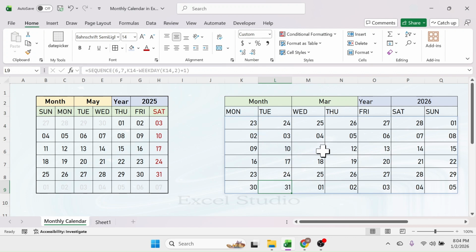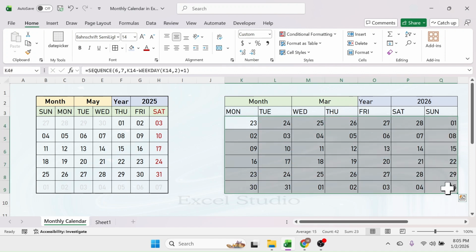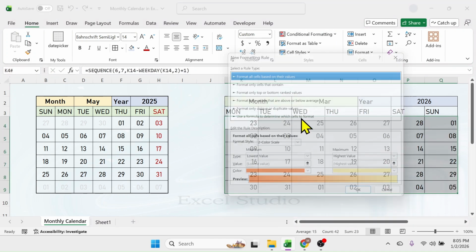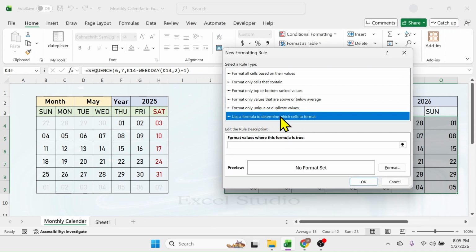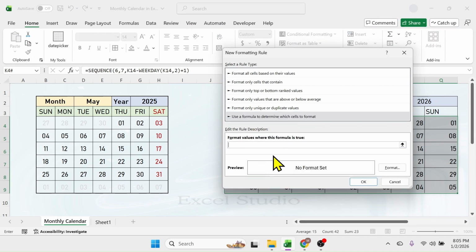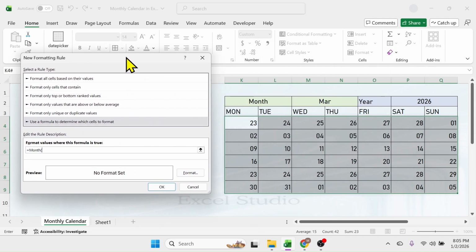Next we have to differentiate the current month's dates and the previous and next month's dates. For that we can use conditional formatting. So select this range, go to conditional formatting, new rule, use a formula to determine which cell to format, and here in the formula bar write this formula: equal to MONTH, bracket open, then click on this first date, then remove the dollar symbols from here by pressing the F4 key 3 times, close the month function,